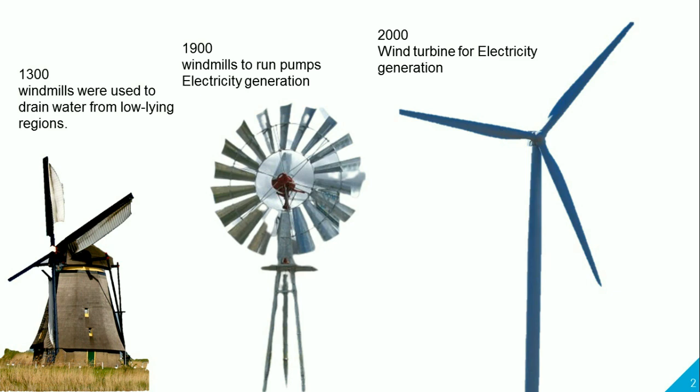In 1970 onwards, there was a power crisis. Then man started looking for alternative energies, and a lot of changes have taken place in the wind turbine. In the 21st century, wind energy has become a sustainable power source for future energy.